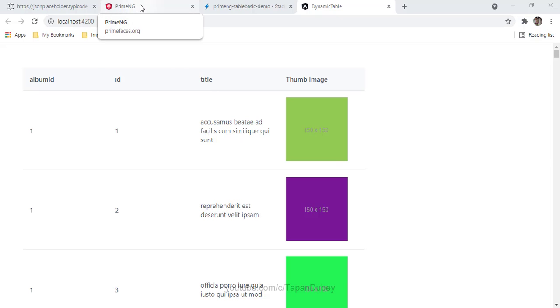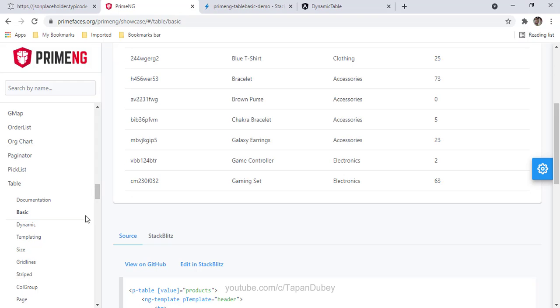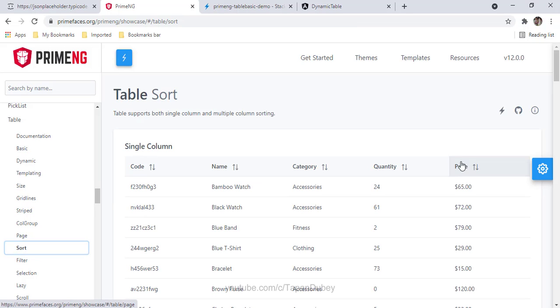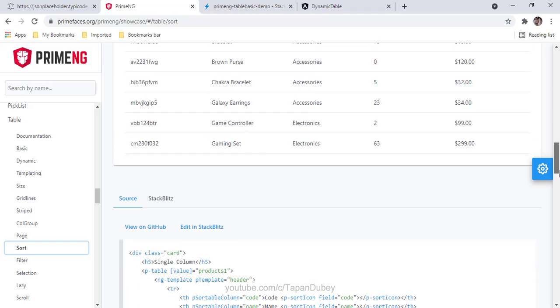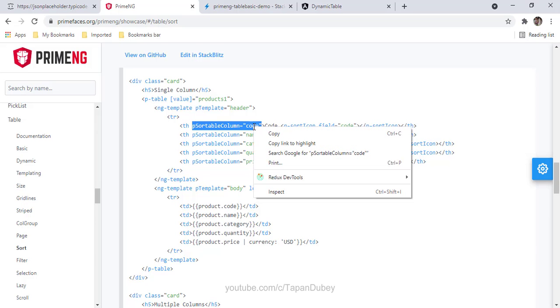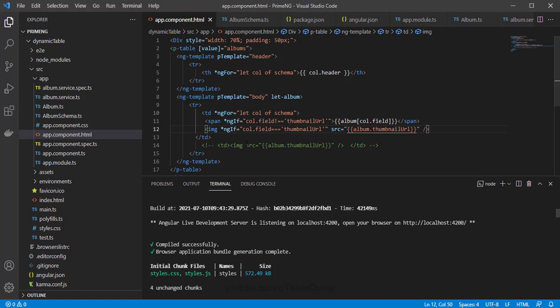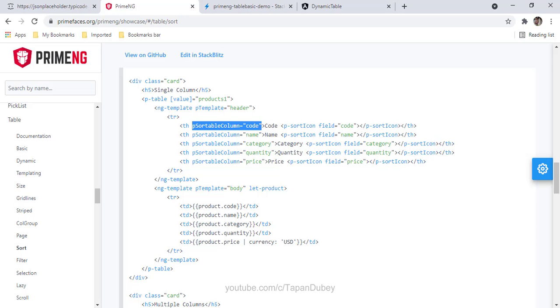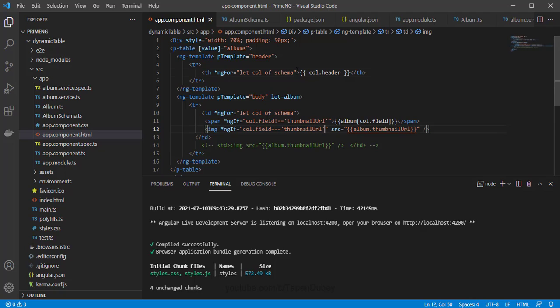So let's go to primeng, and here we have different examples, right? First we open that basic example. Now let's open this sorting example. So for this sorting, we need to add this directive, right? So in this directive, we need to pass the key. So let me copy this, and yeah, in the header th tag. So here I can add this directive, and as I am getting it dynamically, so I can say like